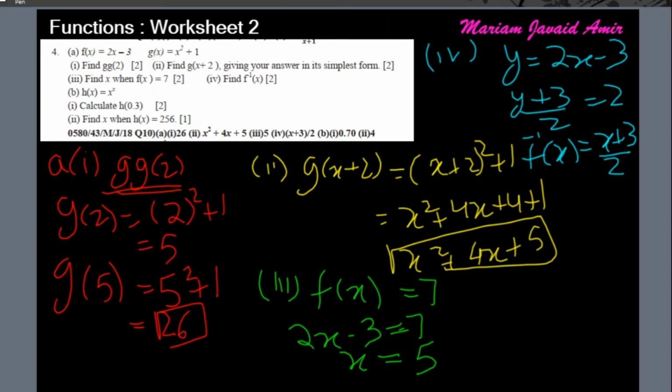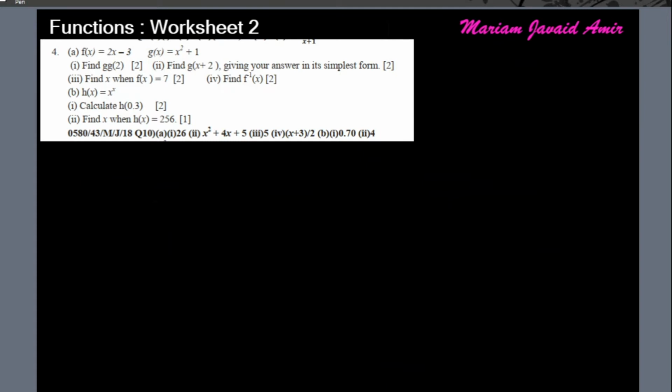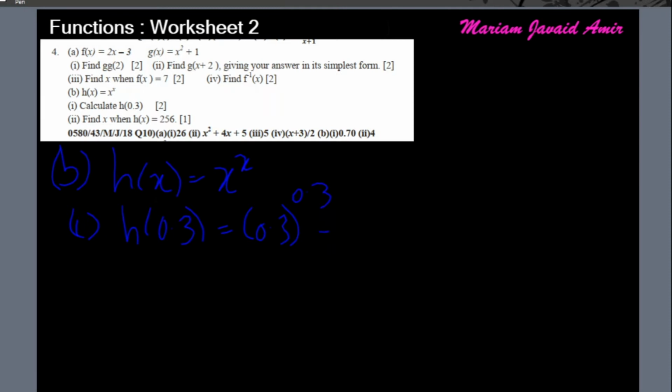Part B, h(x) is equal to x power x. Part 1, calculate h(0.3), which means change x to 0.3. So 0.3 power 0.3 gives us